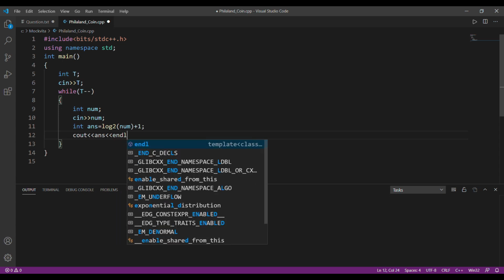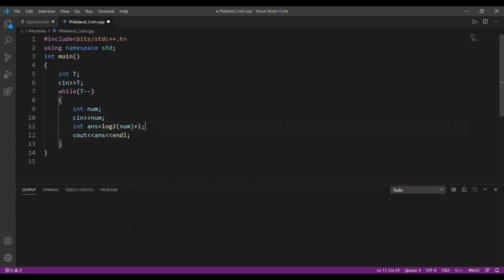As we know, if I take 8, log 2 of 8 is 3, but I cannot create all the numbers from 1 to 8 with only 3 denominations. I can create numbers till 7, but I can't create 8. That's the exact point where I had to increase my answer by 1.